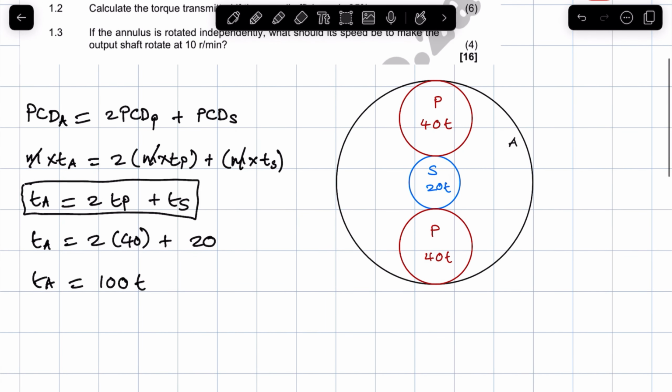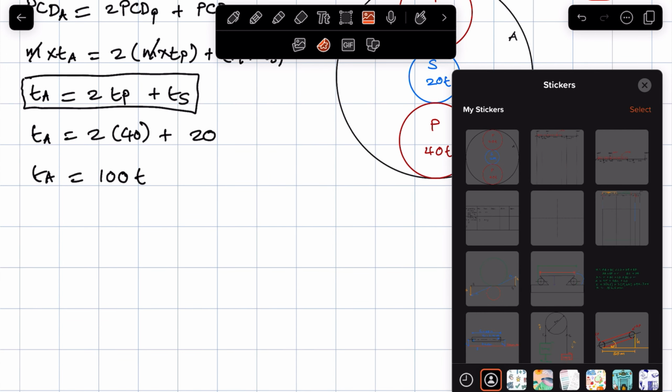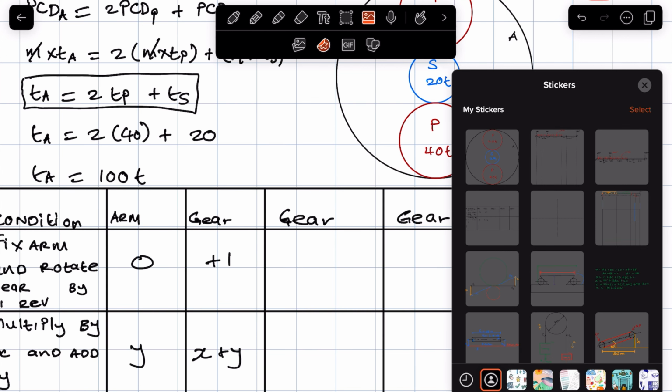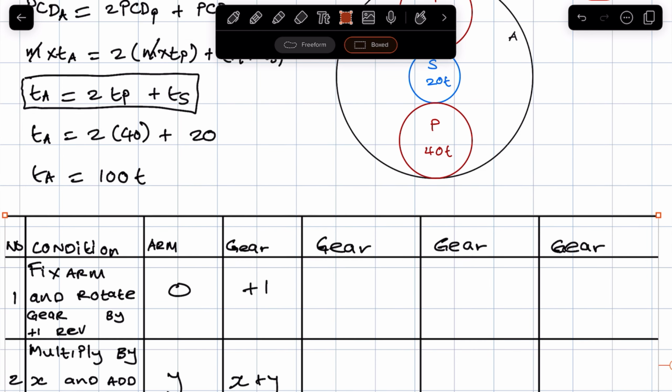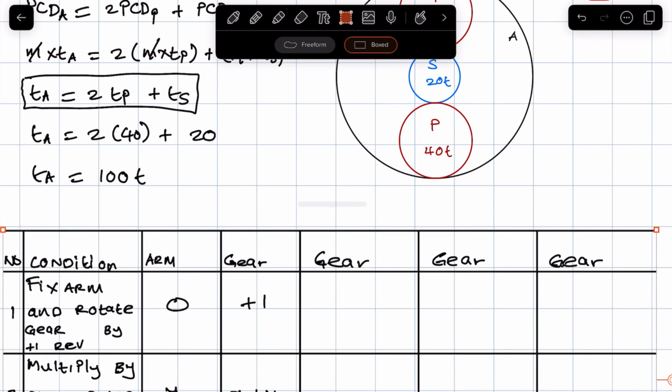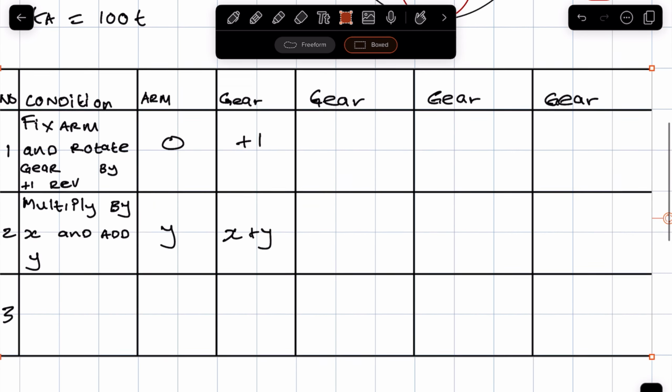Right, so remember, like I mentioned earlier, for any and all problems based on epicyclic gear trains, we need to draw up a table in which we can lay out all the information. Now, I already have a template of the table. I'll just edit this one. So our table will look like this one, where we have